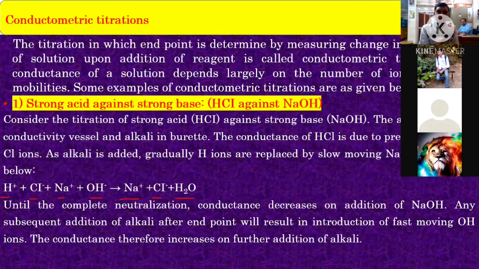Okay, in this case, the NaCl and H2O, it is a salt and water. Here, OH minus ions are consumed by H plus ions. This OH minus ion directly attacks H plus, forming a water molecule. They are neutralized. Okay, suppose you take HCl, the pH of HCl is about 1 to 2.